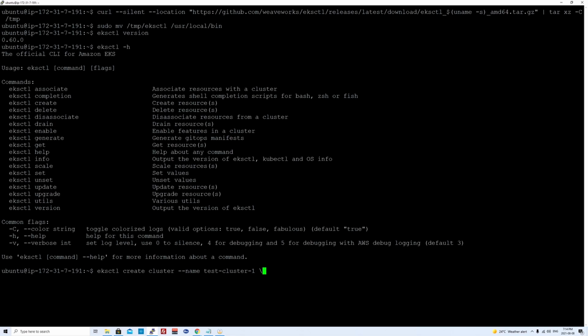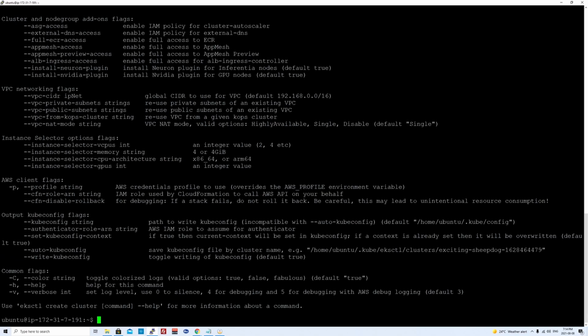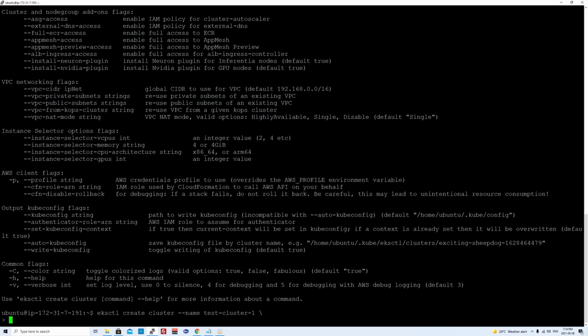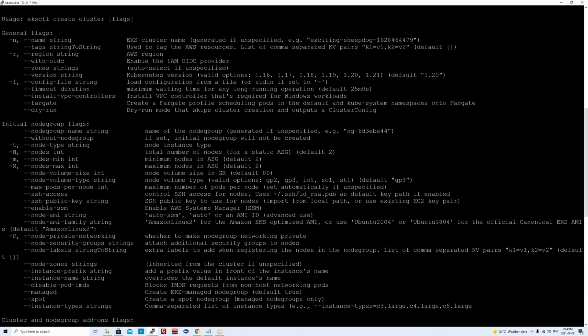Okay, so I'll just probably hit a new line with this, or maybe let's just see the different options that we have first. So when you do this, if you add -h in front of it, it'll show you all these options. So I'll just append that on this command. Let's see. So we have name. I've already specified the name.